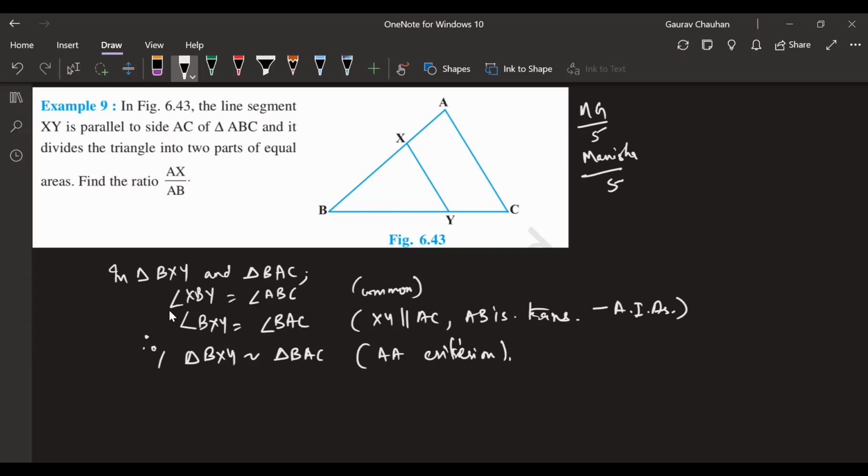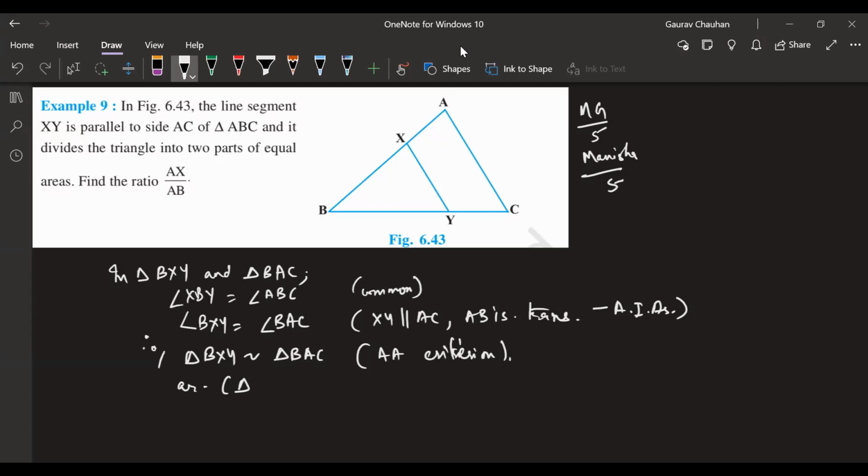Everyone okay so far? Can I get a thumbs up if you're good? Manisha, you're still raising your hand. You have something to add? No, sir. Okay. I have shown that this triangle and this full triangle are similar. Now there is one step which I can take, which is area of triangle. Excuse me, sir.